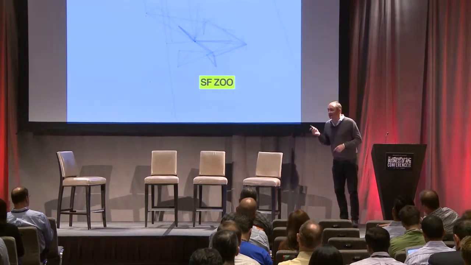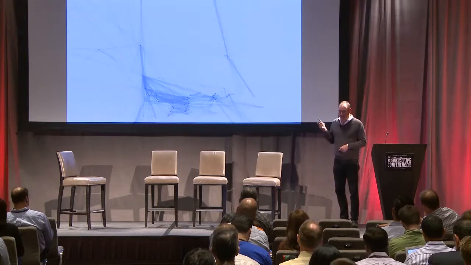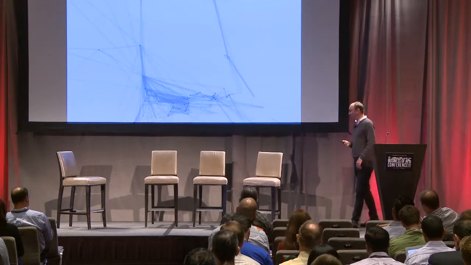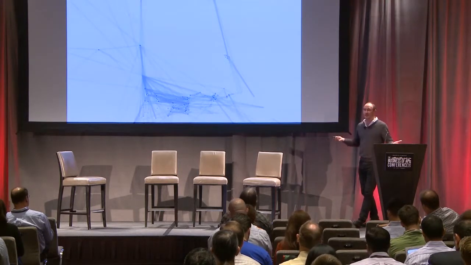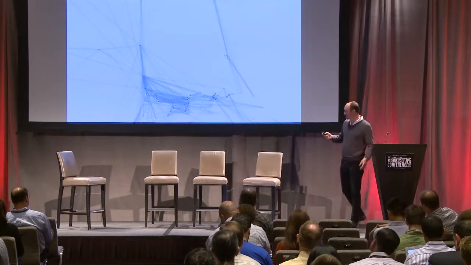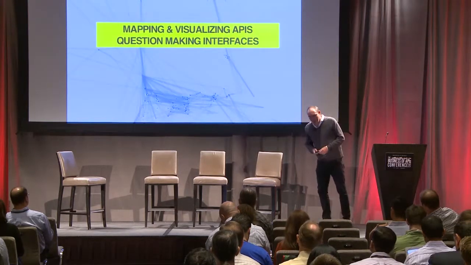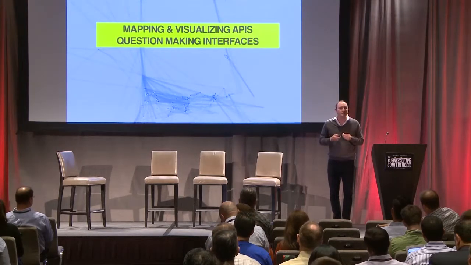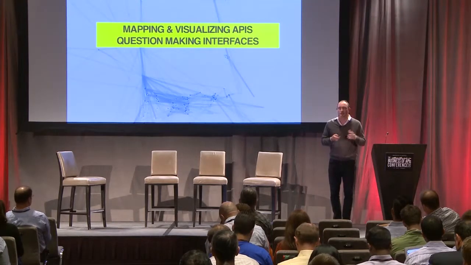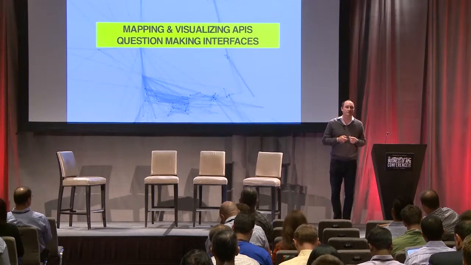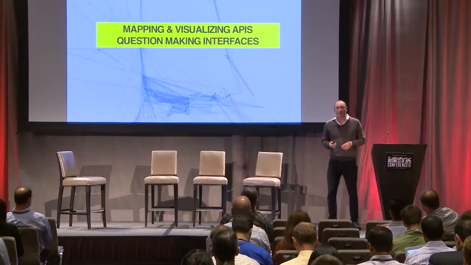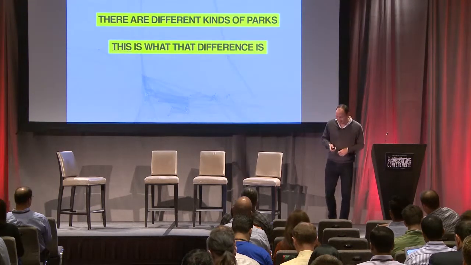Now, the point that I'm trying to make here is that this is not the question that we were seeking to ask when we did the visualization. It was simply a representation of what the data says using an API, and then the questions fall out the other side. What we're trying to get across is that mapping and visualizing APIs are partially about their answer-making interfaces, but they're also question-making interfaces. They're interfaces to come up with new kinds of questions if you're open to them.